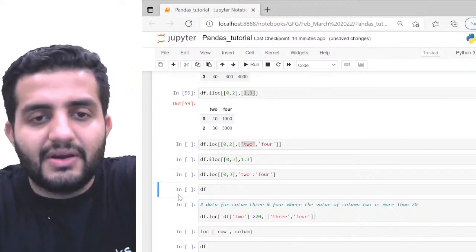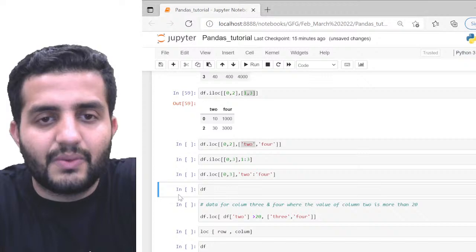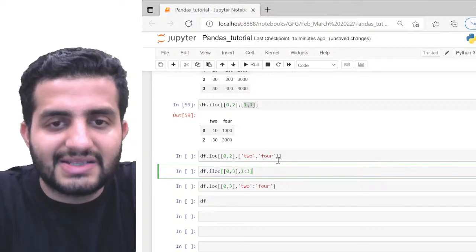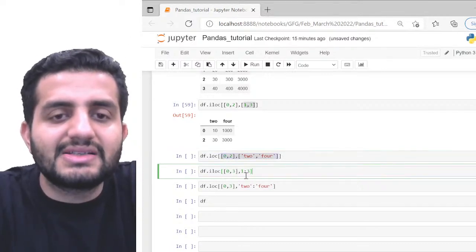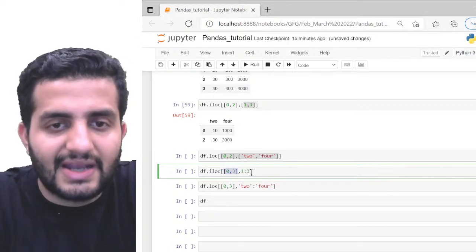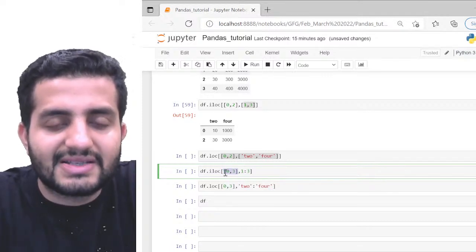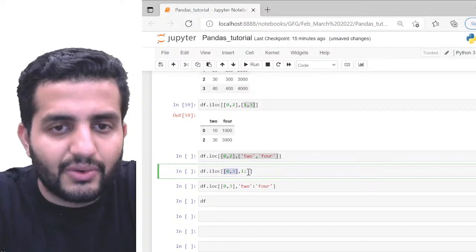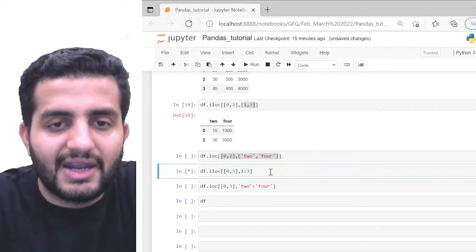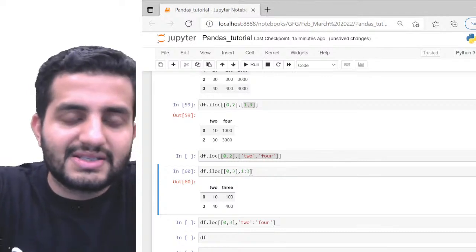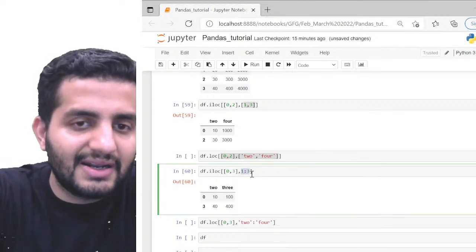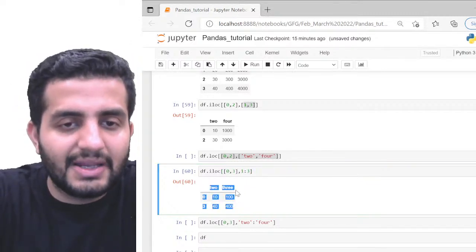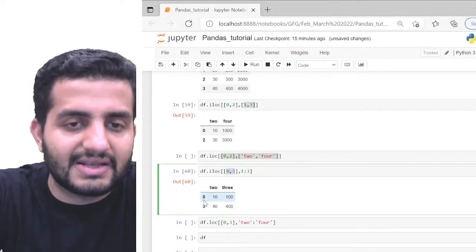Okay. Pretty much fine. So one more example here. We can also pass a mix and match of things. Here we are passing the pinpointed indexes, but in this case we are passing a list of indexes and also a range. So one is my list of indexes and the second is my range of values. Still possible. So I only want the 0 and 3 indexes for rows, but for the columns I want 1 till 3, right? So again, it's pretty much fine. If I pass 1 to 3, that means the third index will get removed. So I won't have the FOUR column here. I will only have TWO and THREE, and for the rows I'll be having the 0 and third indexes. Pretty much fine here, right?